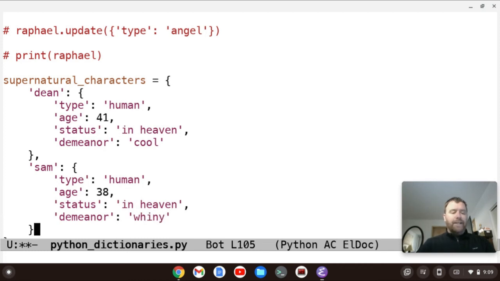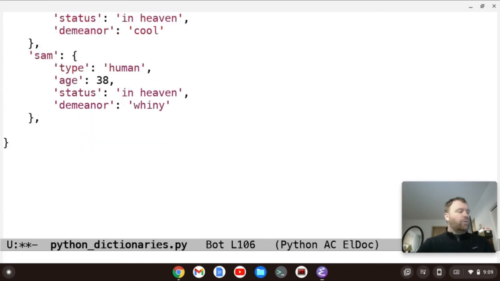Now we have another comma if we want to create one more nested dictionary. Let's do Crowley, and I want to put his name in single quotes. We're passing in the Crowley dictionary now as the value. So type is demon.